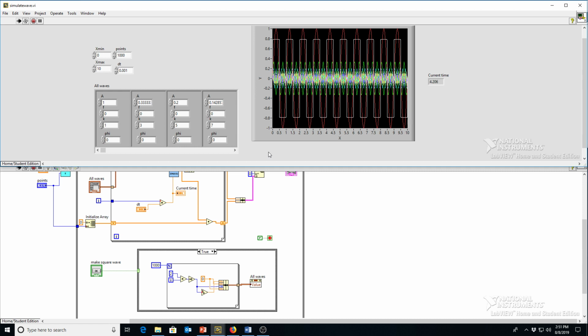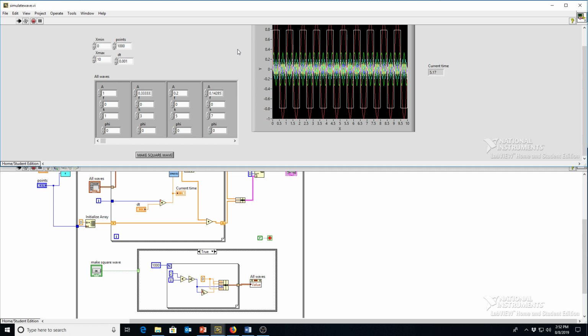So that's how you make a square wave. But there's some other things you can do here that are a little bit more relevant to quantum mechanics, because actually the uncertainty principle is not a uniquely quantum mechanical thing. There's a specific version of the uncertainty principle where you're just applying the general uncertainty principle to particles with mass, Heisenberg's uncertainty principle. But the general uncertainty principle we can demonstrate here